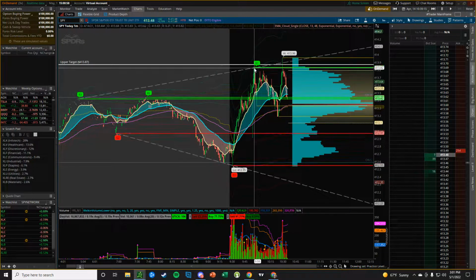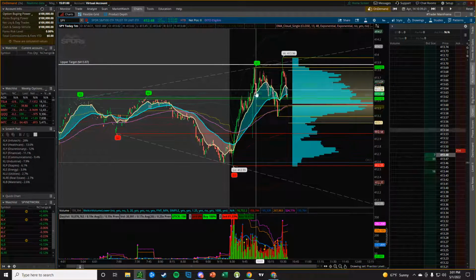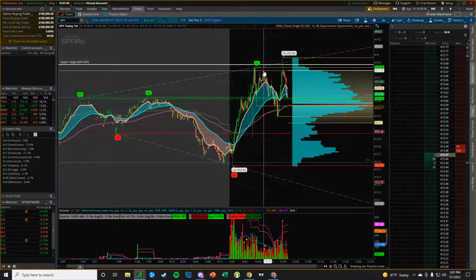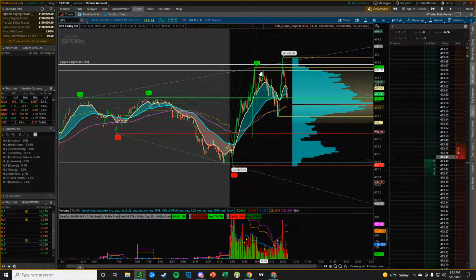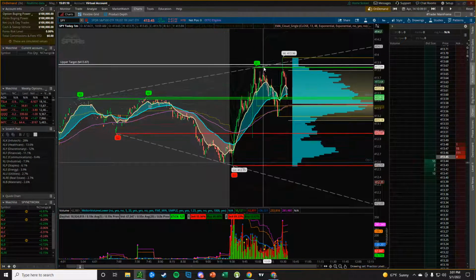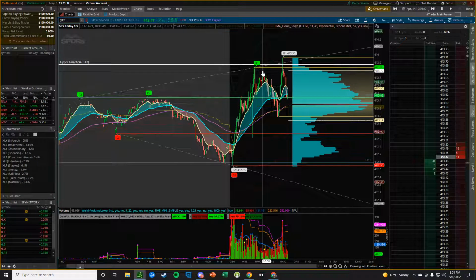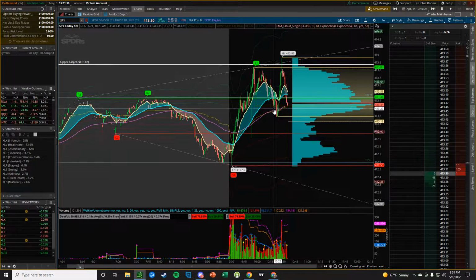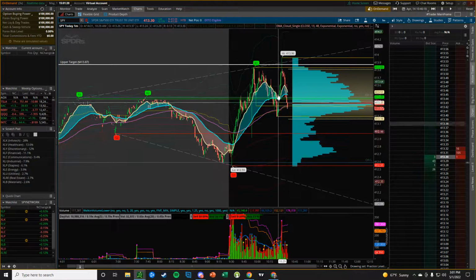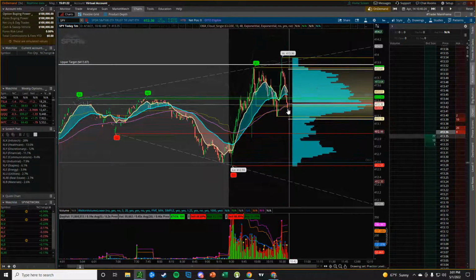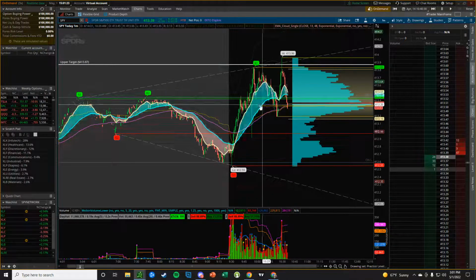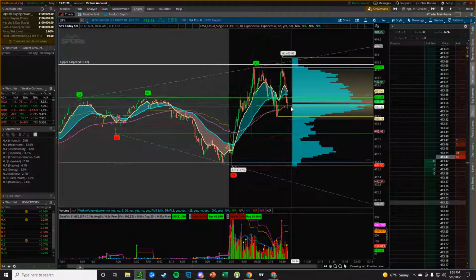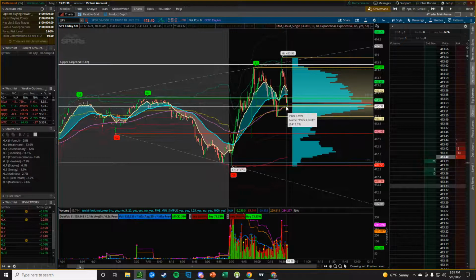We saw the unfair high get created, which then led to the reactionary sell-off, which gave us our low. We had our first test, which didn't come up to the high, which generally speaking, if you're unable to make the full test, that's in favor of the sellers. But it looks like it may have been just a trick as we got our break, we got our false break, and then a push to the top for a test. But now that we've already gotten this breakdown here, this would tell us that we should be probably a little